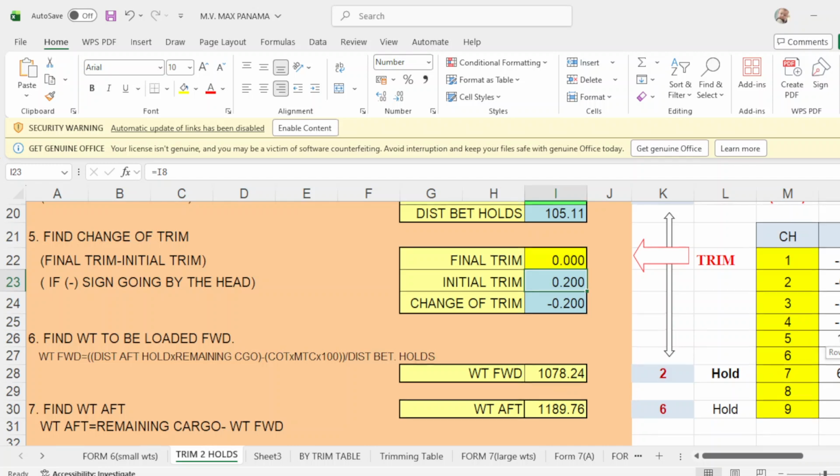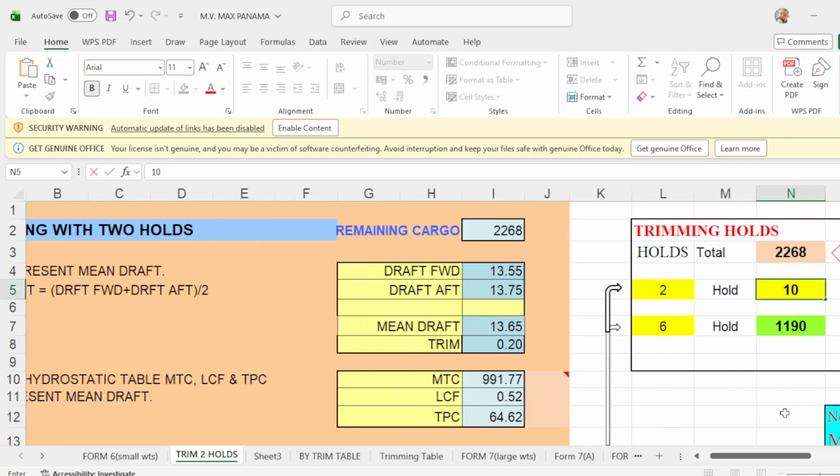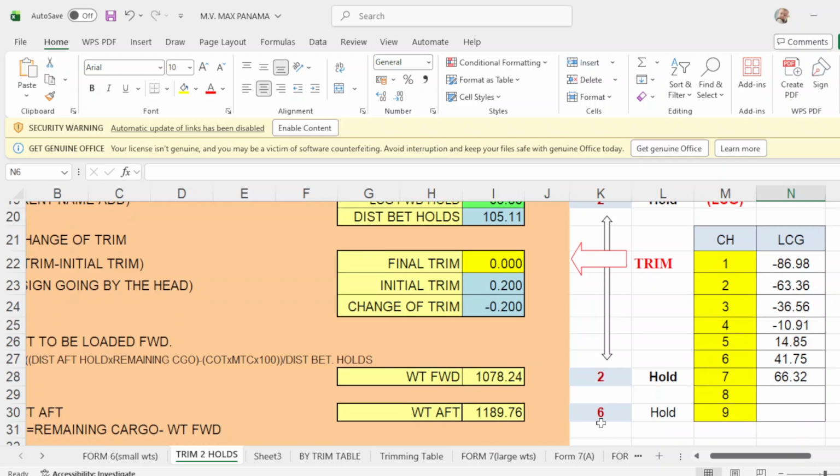You put here 1078, and number 6 will be 1190.